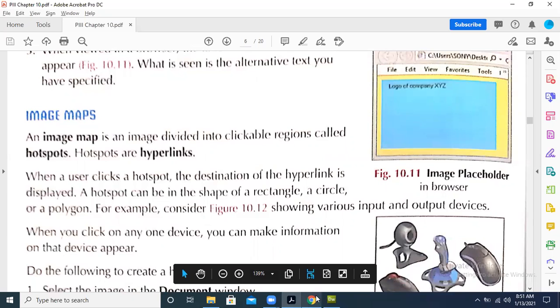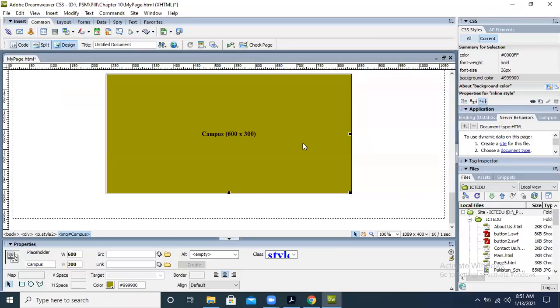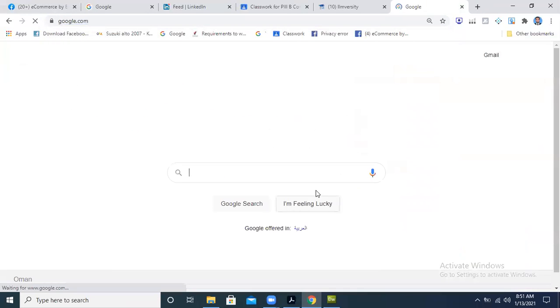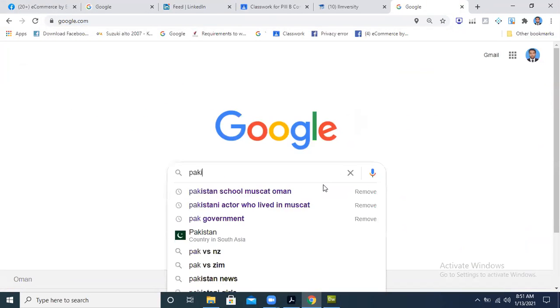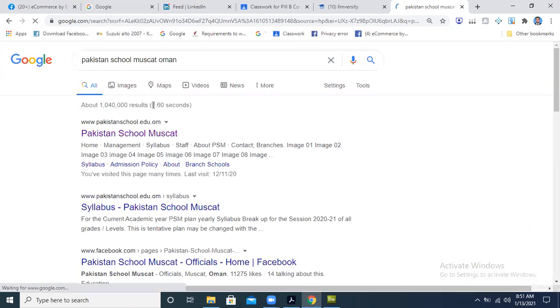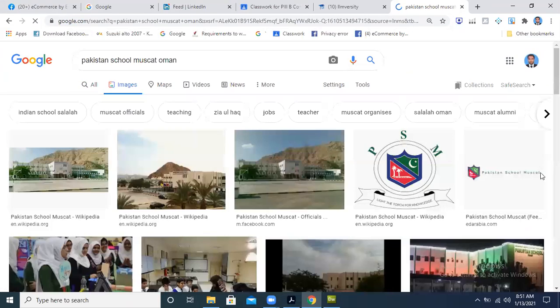Now we will see, but first we should complete this image placeholder. So if the image is found, how are we going to insert? Let's suppose I go over here, I write Pakistan School Muscat. I want to have one image of the campus.